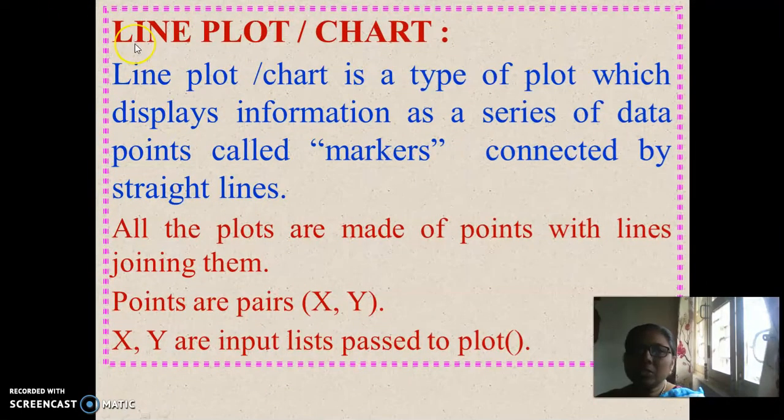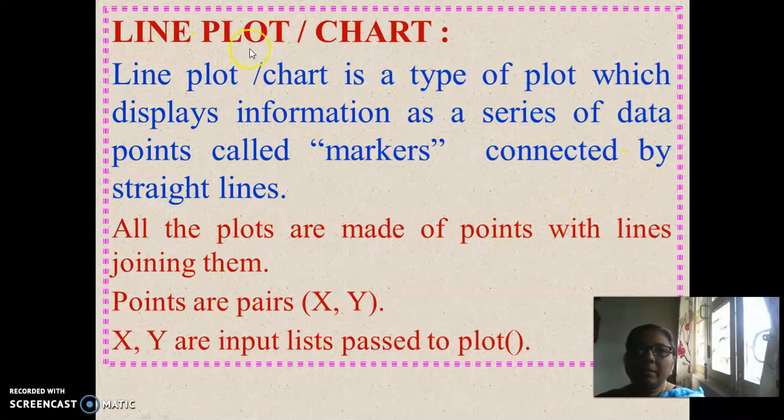The first chart that we are trying to plot in Python is the line plot. Line plot is a series of marker points connected by straight lines. So we have so many marker points which are connected from one to another with straight line.